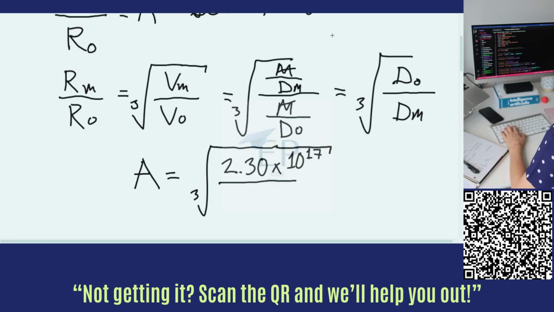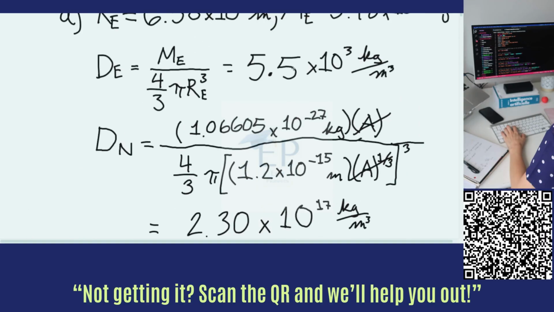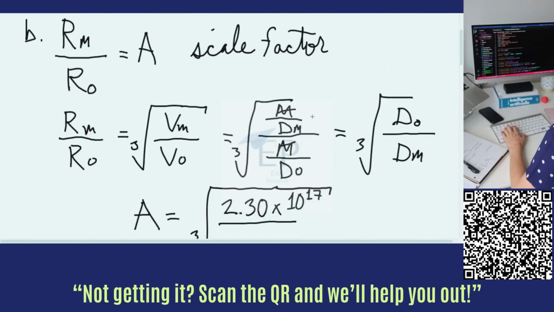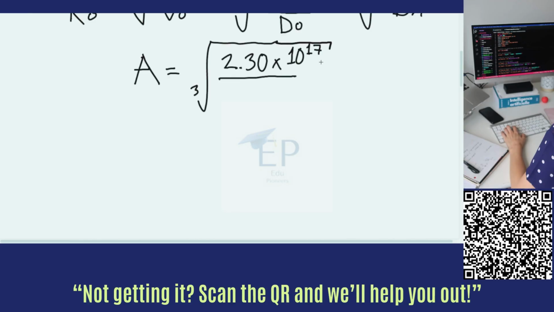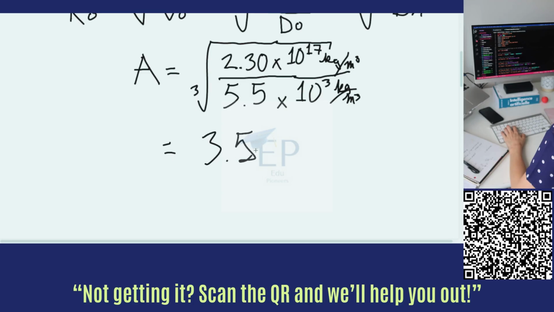The density of the Earth, we calculated above, is 5.5 times 10 to the third. And this is in units of kilograms per cubic meter. This was 5.5 times 10 to the third kilograms per cubic meter. If you crunch those numbers, you'll find that this is equal to 3.5